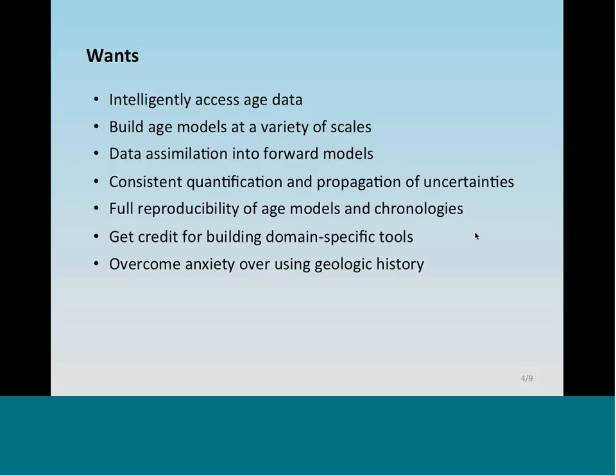It's likely that forward models, as they become more sophisticated, will be increasingly used to forecast Earth processes, and the data that can be used to constrain them as they run need to be in shape so that that can actually happen. We need consistent quantification and propagation of uncertainties. I'll come back to this and elaborate a little bit more about how that conversation proceeded. But it was clearly the question of uncertainty and how to report it and how to propagate it were a recurring theme throughout the 2 days of the meeting.